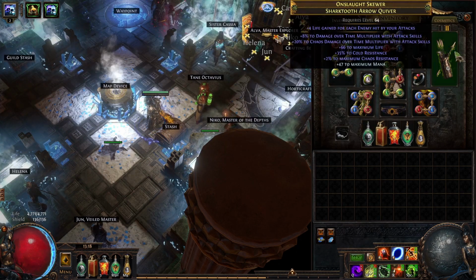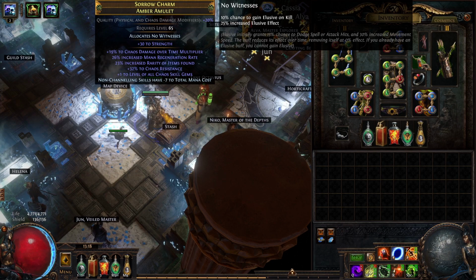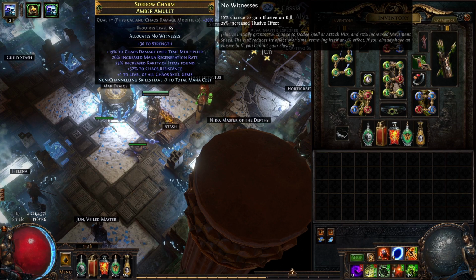So yeah. Next up we have the amulet. It's really good, and this is also super easy to make. Even though it looks a bit insane, it's not that insane. To make this amulet, you want to get an Amber Amulet because you really need strength on this build, and you want to quality it up, and make sure it's Hunter as well. Quality it up to 20% on the chaos damage modifiers,